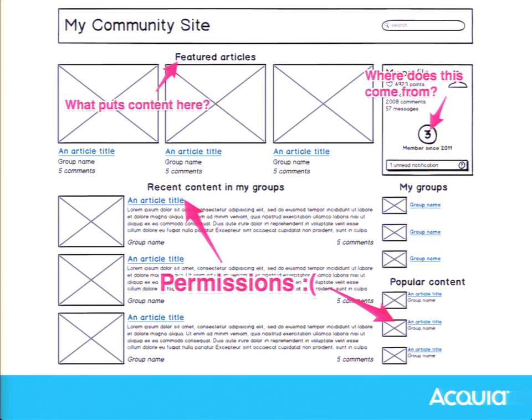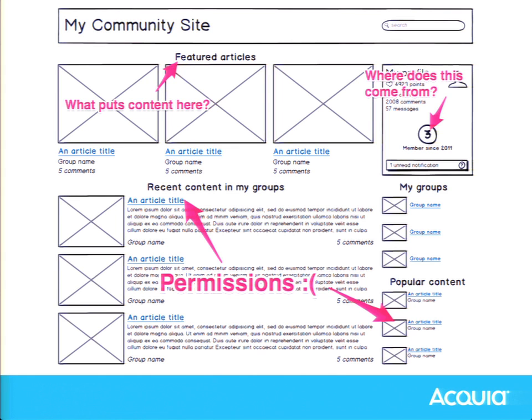And then the last one that gets kind of hairy is, what do you do if you have permissions affecting certain things? So the popular content block might be a really good example where you might have a really popular piece of content in a private group that a user doesn't have access to. So what do you do?